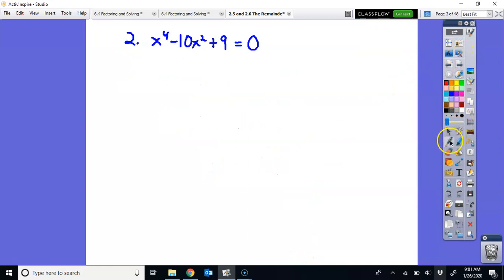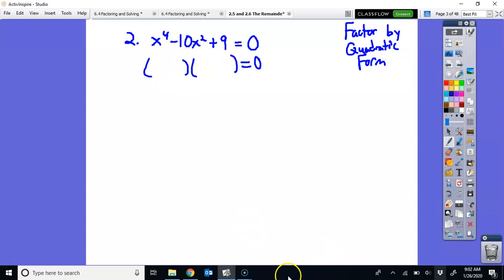On the second one, if you are factoring, this one has 3 terms. So this is not factoring by grouping. What I talked about in class is that this one is factoring by what we call a quadratic form. Notice it's not a quadratic though. It is a quartic because it is x to the 4th power. But it factors very similar to what we did with quadratics using that FOIL method or distributive property, reversing it